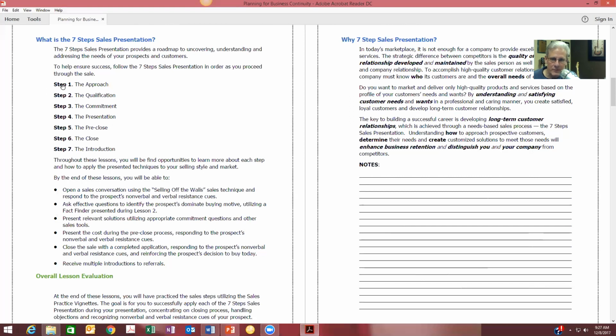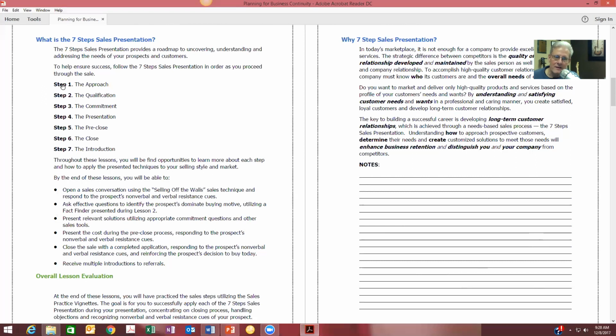And when you do an effective sales presentation, that takes you to a pre-close. And the reason I say a pre-close is because when does the close actually start? But I'll give you a second to think about it. In my experience, the close is not a separate step. We think the close is kind of like being on the stage. You know, the curtain rises, and you give your line. The other person says something, and you give your line. The scene ends, and you take a break. Then the scene starts again, and you give your line. And then the other person says something, and you give your line, and then the curtain comes down.